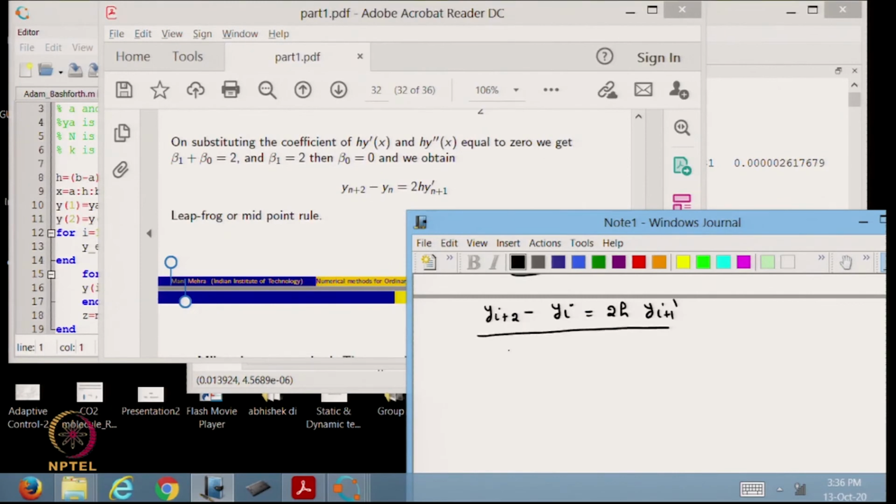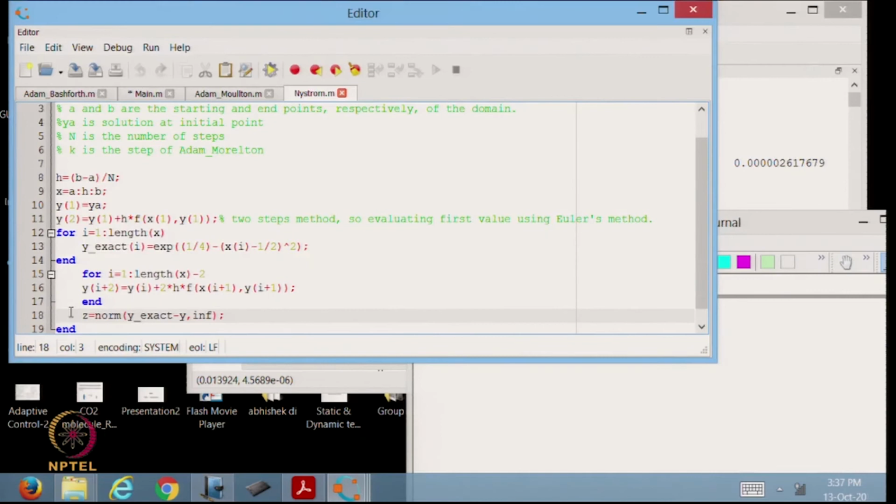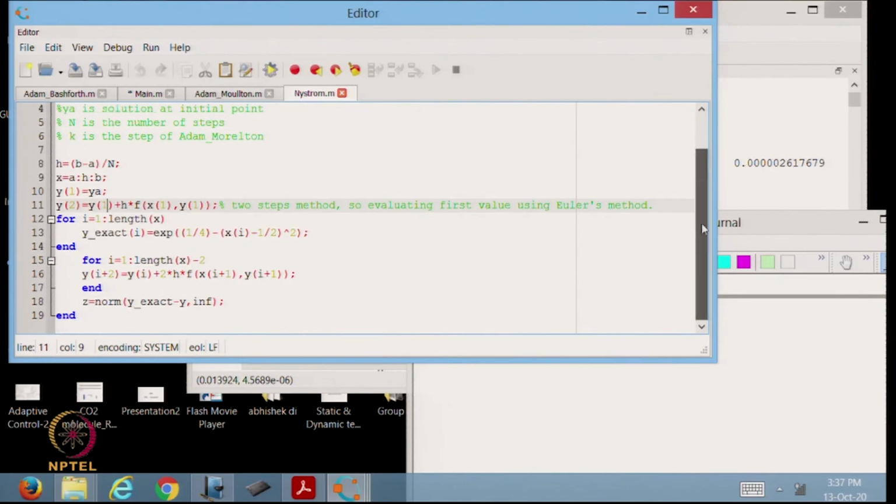I have to choose another method to go from y i to y i plus 1. Because the final order of the method is 2 and the local truncation error in the case of forward Euler is also 2, that is why in this case also I am choosing forward Euler, which you can observe from here. Y1 is 1, Y2 is predicted using the Euler method. Everything is commented.